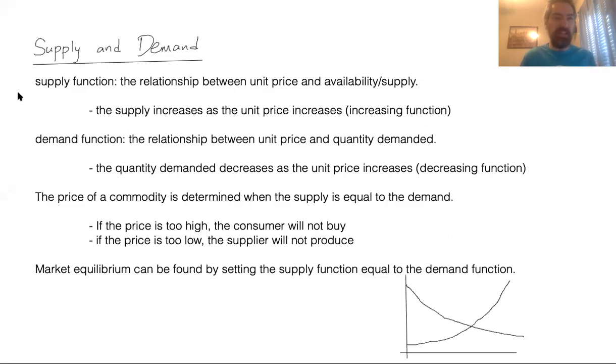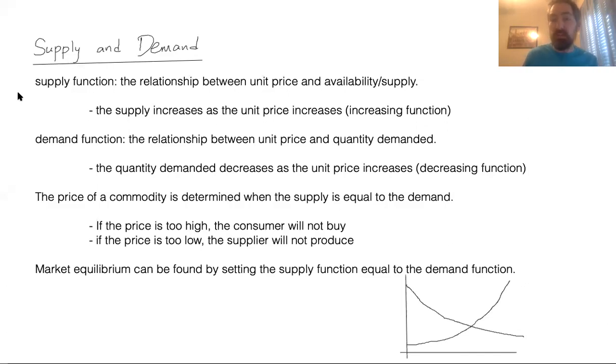A very important concept in business is supply and demand. Now, we're treating these as functions, a supply function and a demand function. The supply function is a relationship between the unit price and the availability, or the supply. And in general, we would expect the supply function to be an increasing function because the supply will increase as